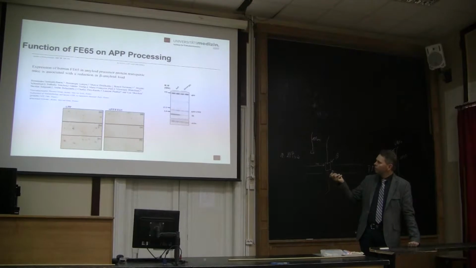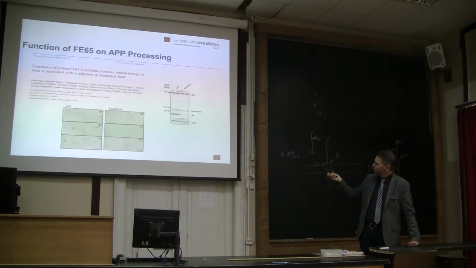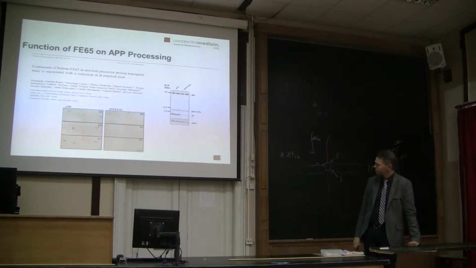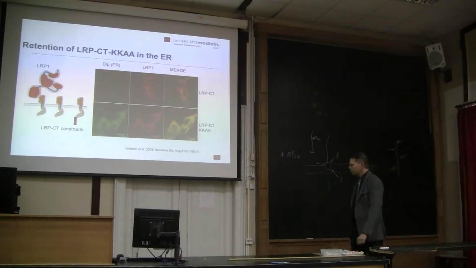And when they saw our paper, they mentioned it nicely, that you don't produce any A-beta anymore, most likely due to the effect that I presented to you a minute ago. You see here again, this is a brain lysate. If you overexpress Fe65, A-beta is pretty much gone in the brain. Okay, so